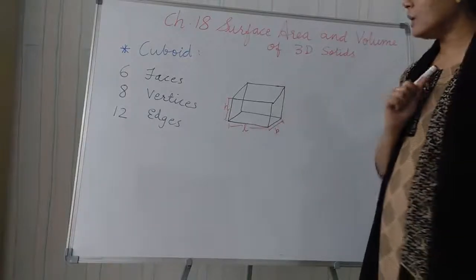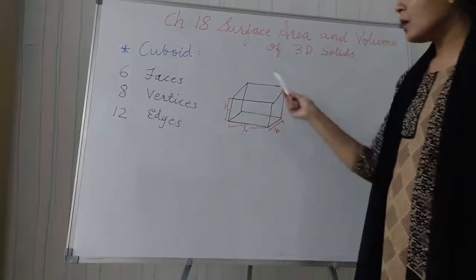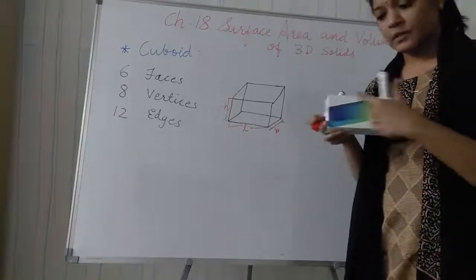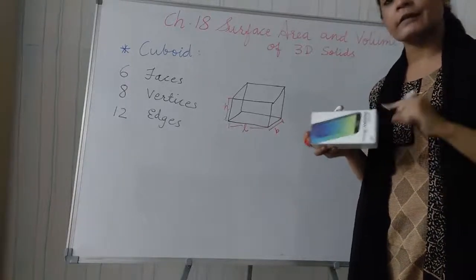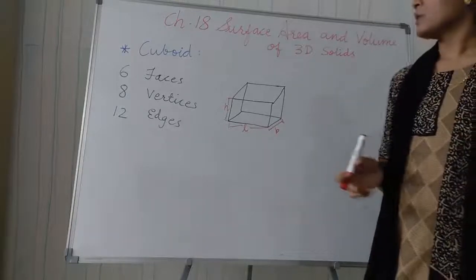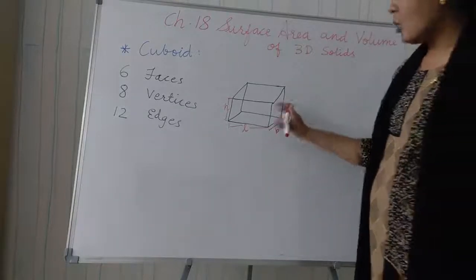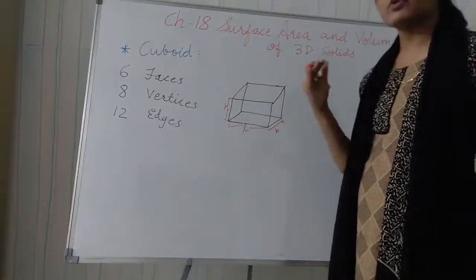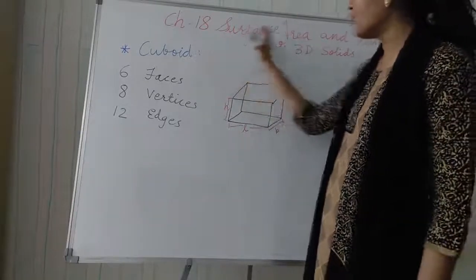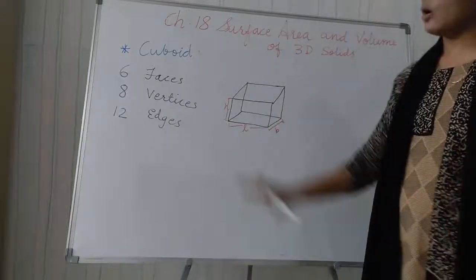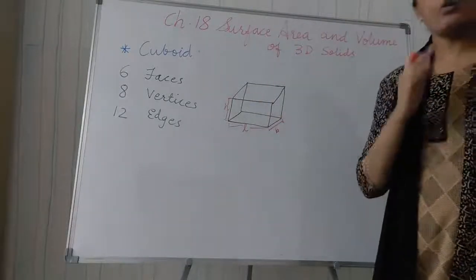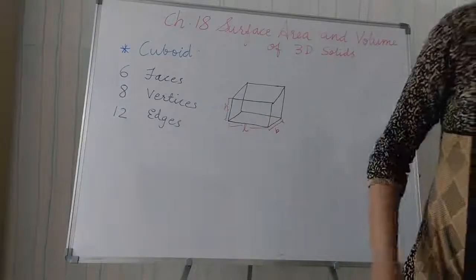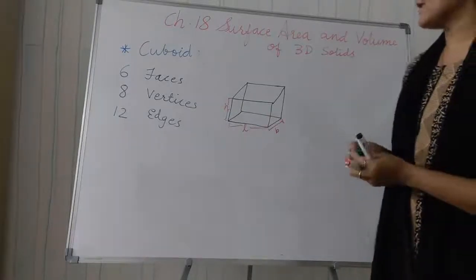Now you tell me, in a cuboid, how do all the faces look? See, in this, which shape does the face have? It is a rectangular shape. So all the faces are of rectangle shape only. So we have to think, if I want to find the surface area of this cuboid, then how do I find it? For that, students, we first write here surface area.